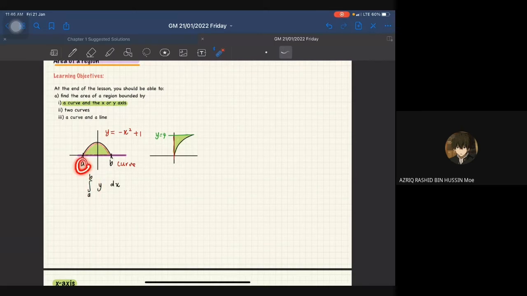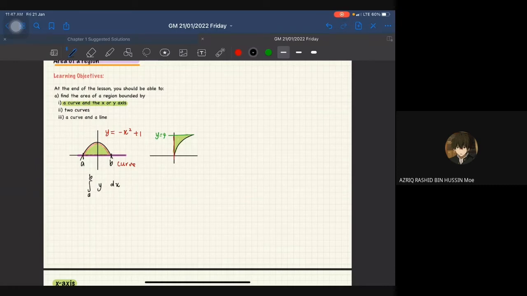This is X, this is X. So Y dia adalah yang ini. So Y kita in terms of X. So again, everything must be in X. So integrate pun with respect to X. Okay, so kalau kita nak cari area with respect to Y axis, okay, so dia akan jadi